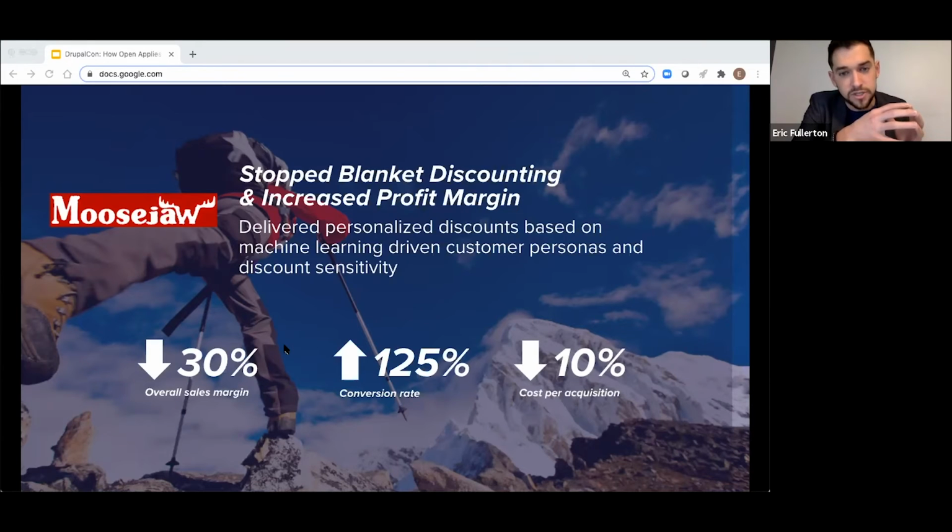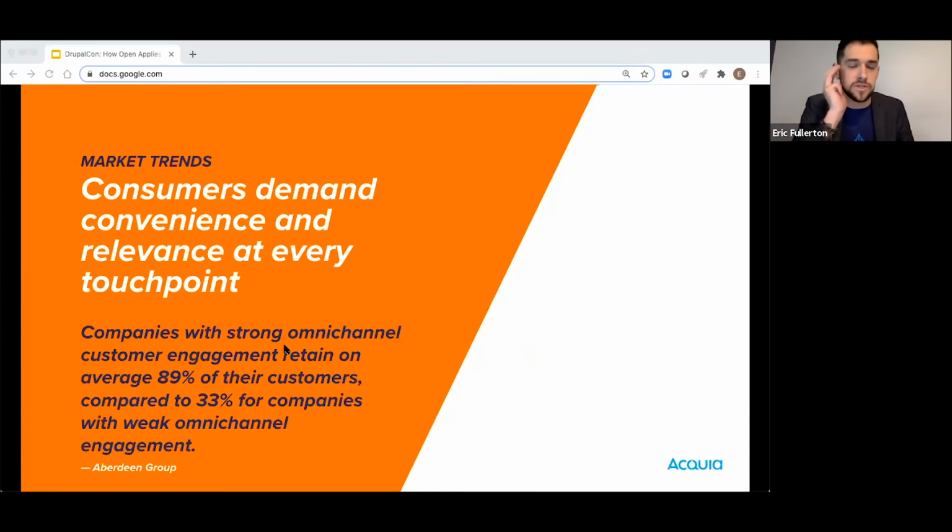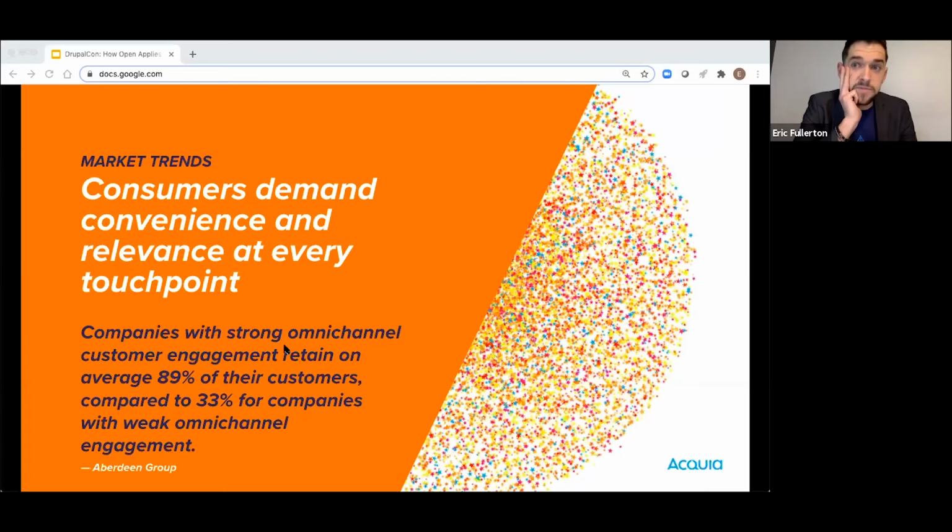And they were able to do this in just a couple of months once they got their platform up and running, because they were able to take all the great persona work they do and, because of the open approach, really apply it to the way that they were able to scale and gain insight. And they saw some great results in terms of conversion rates and a reduction in cost per acquisition. So the last piece here is really about